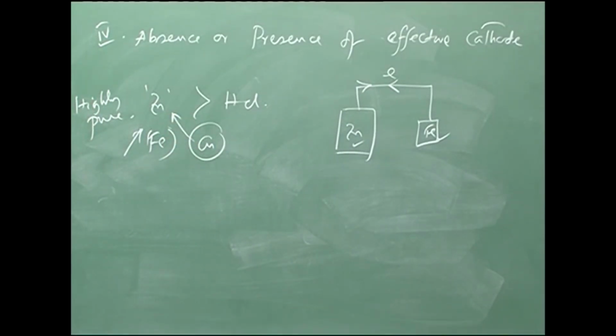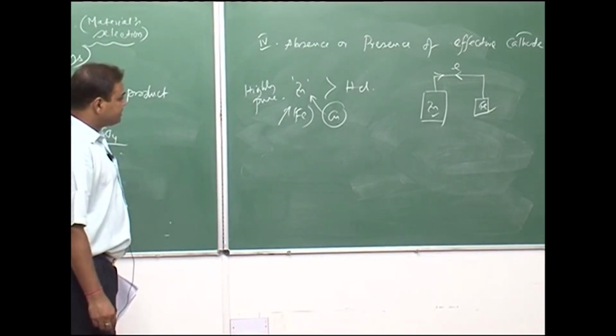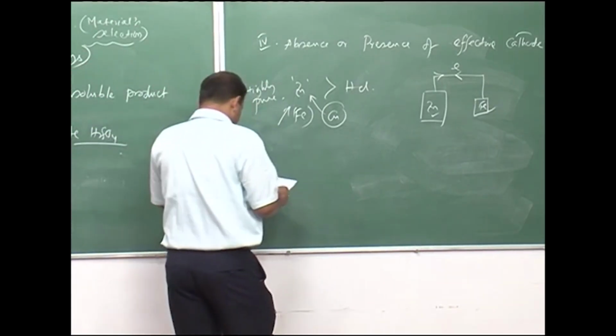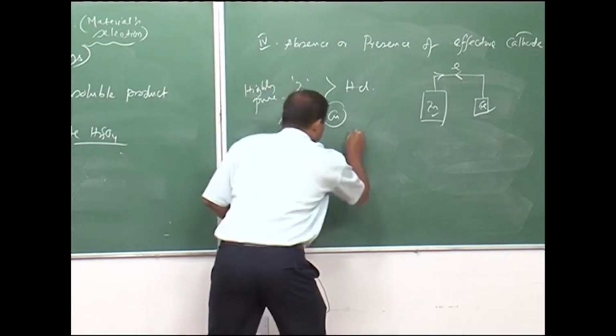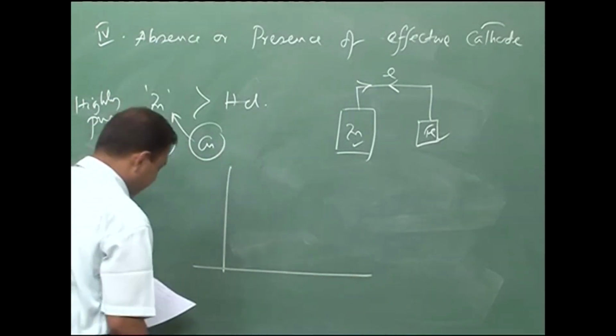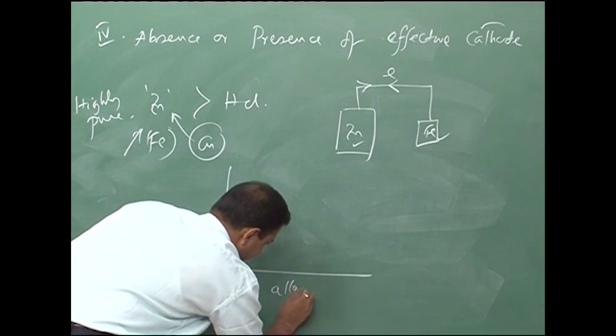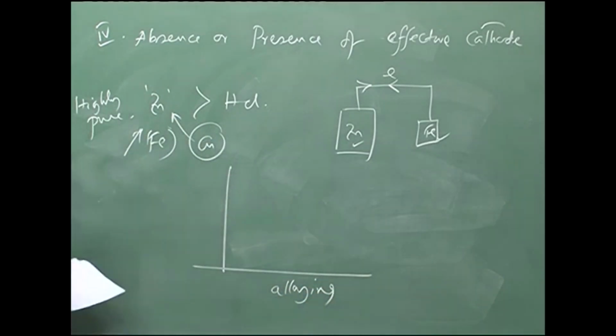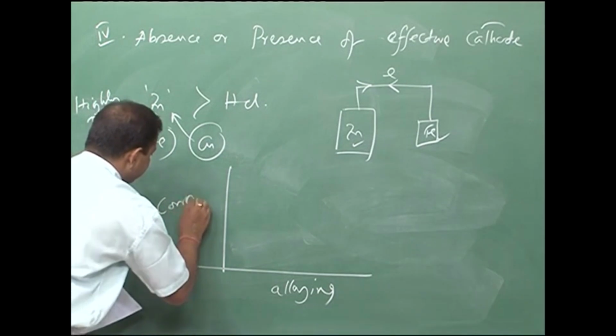So, the corrosion resistance of zinc in HCl will decrease. There is one plot, if we consider the alloying effect of zinc, if we add copper and iron, and this is my corrosion rate,